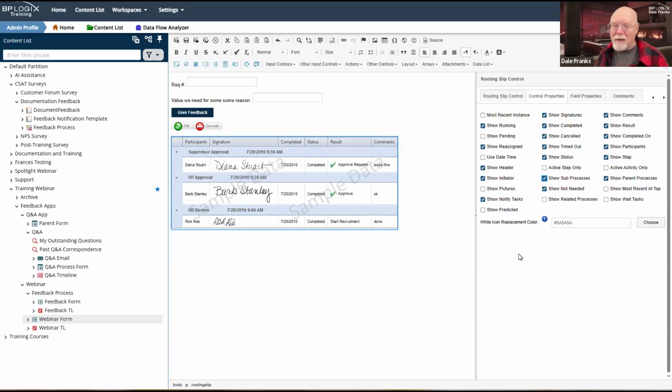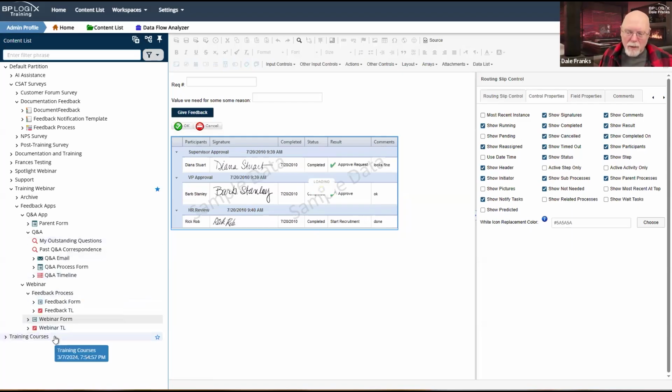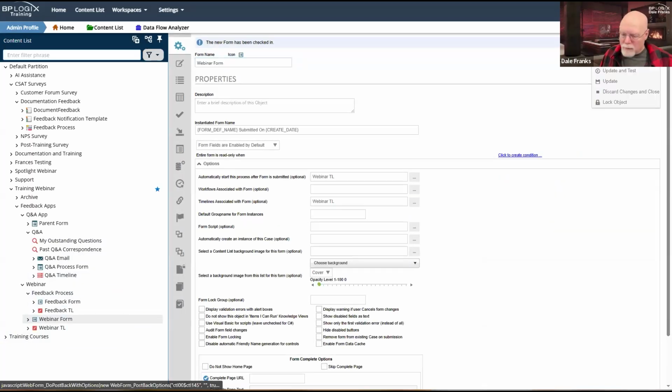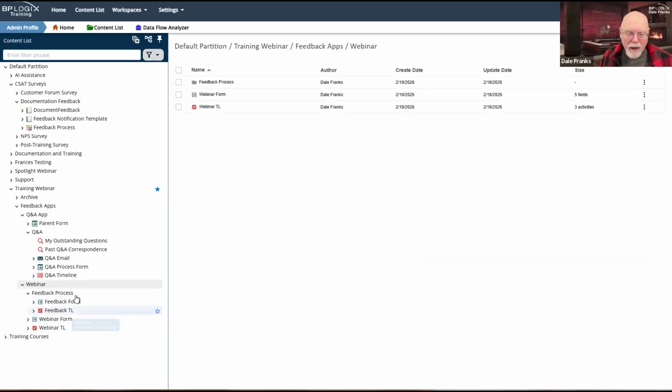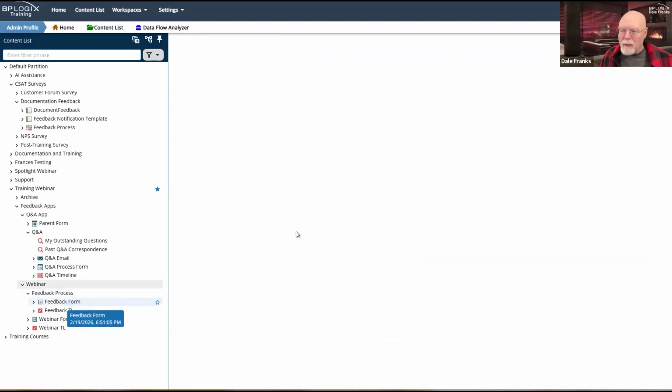The existence of a feedback form should probably not make you change all of your main forms to turn off show sub processes. I think that's not a great idea. It's an option you have. So you can, depending on how you want it configured, do it that way. That would probably not be the recommended way. The recommended way would be, as soon as my form saves, to go back over here to our feedback form